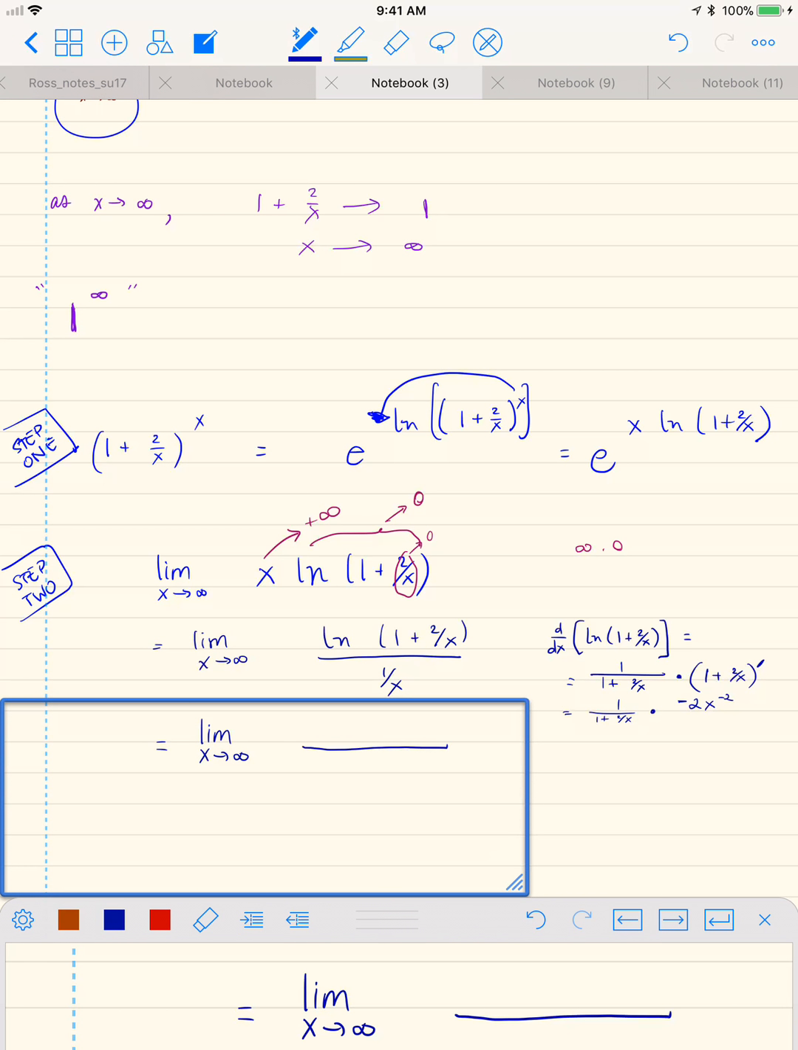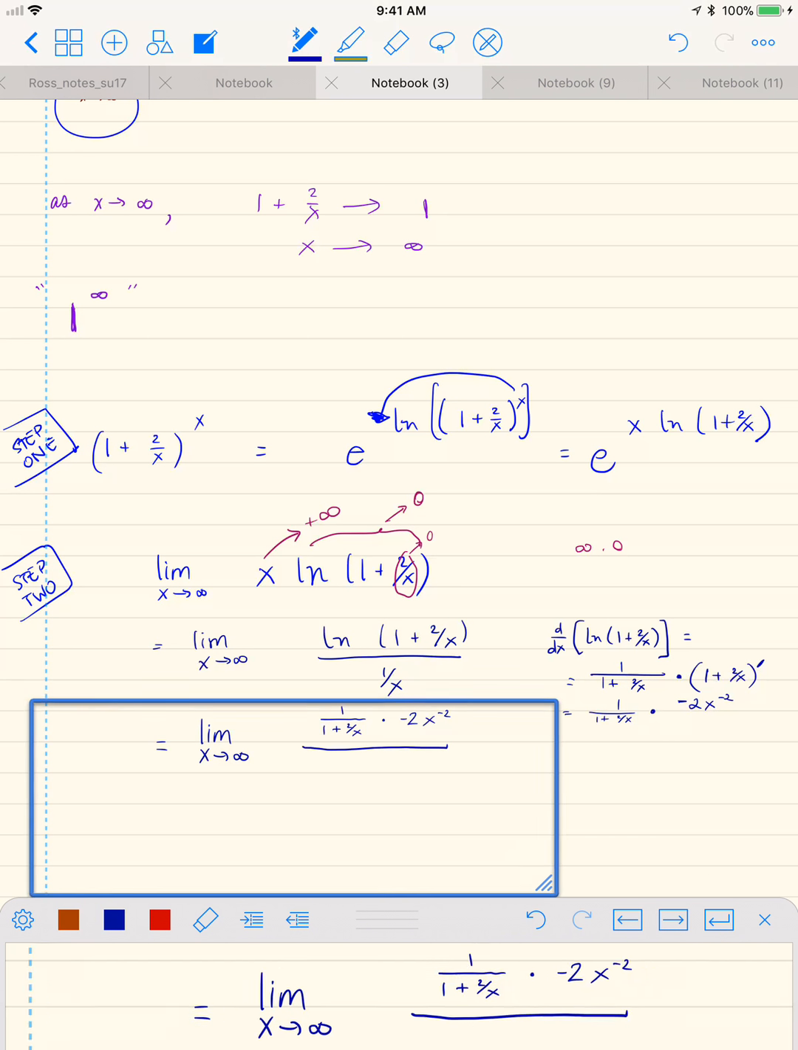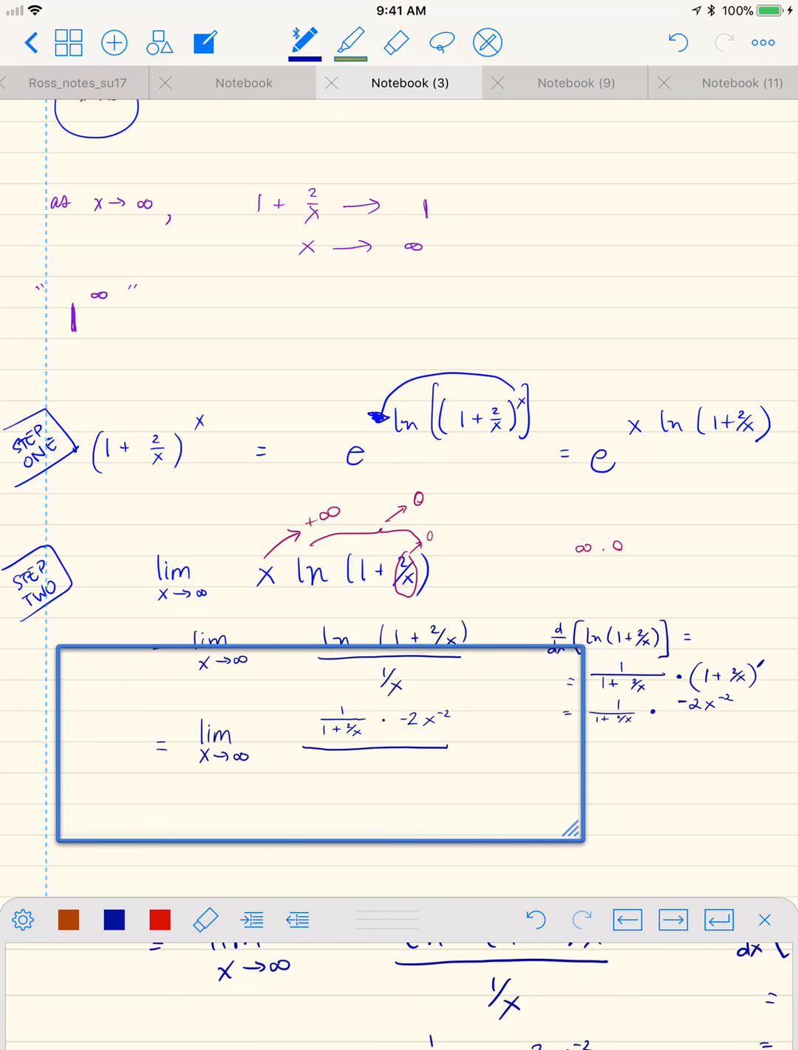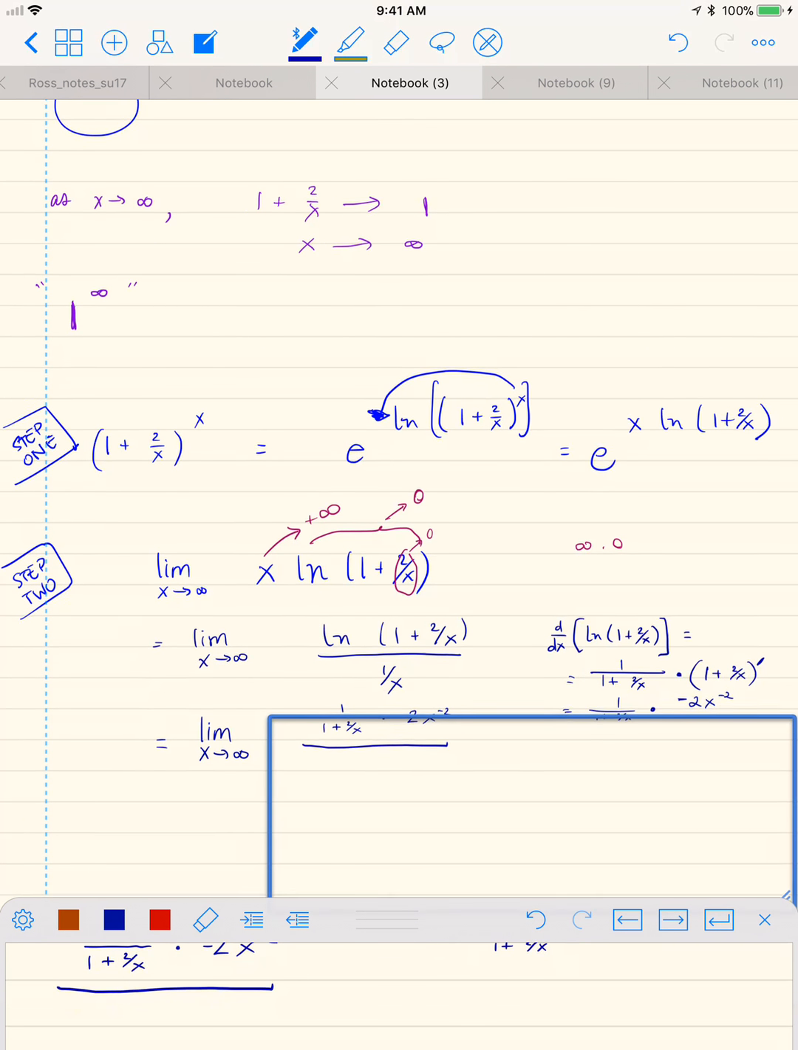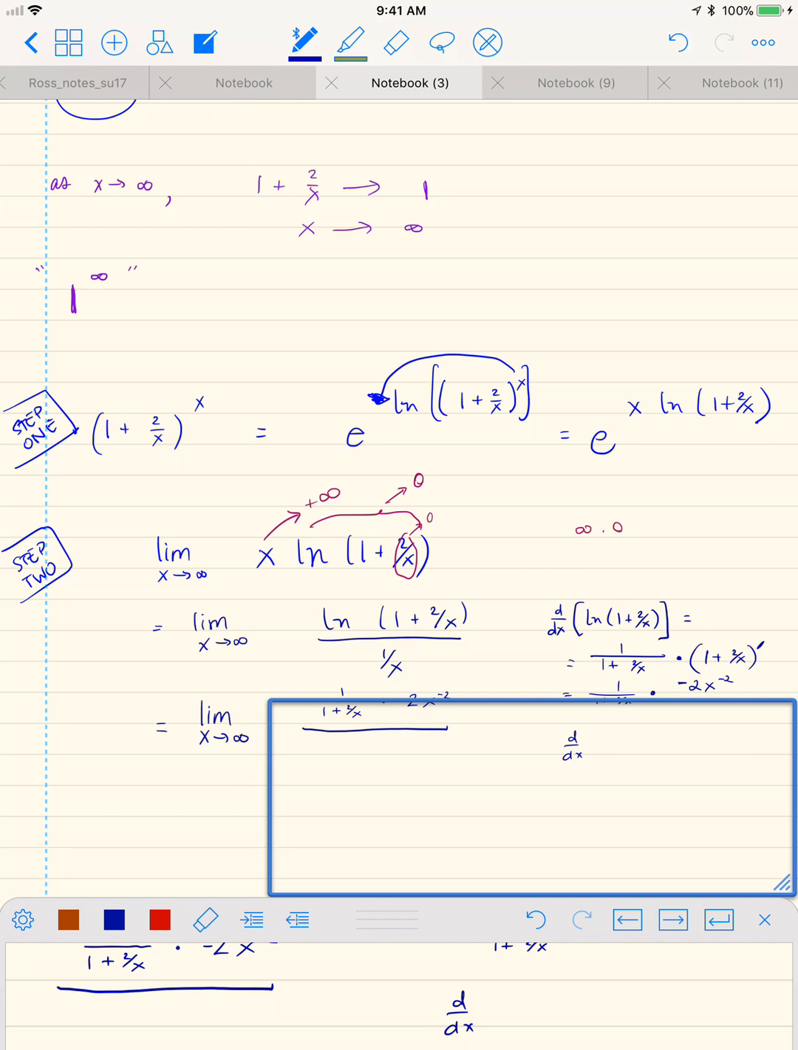So I have 1 over 1 plus 2 over x times negative 2x to the negative 2. For my new denominator, I need the derivative of 1 over x, so we can go over here, d dx of 1 over